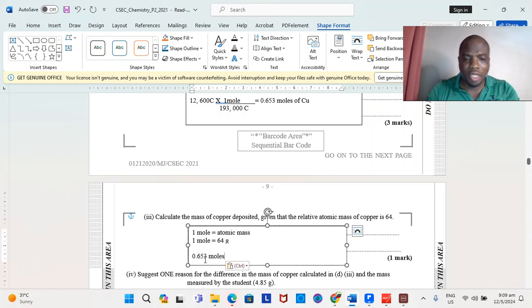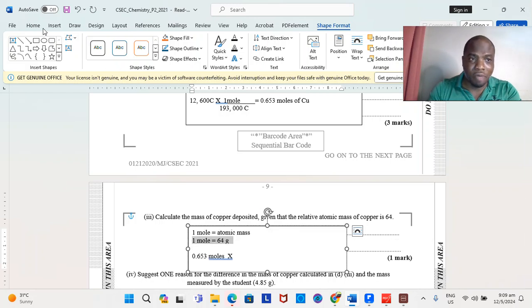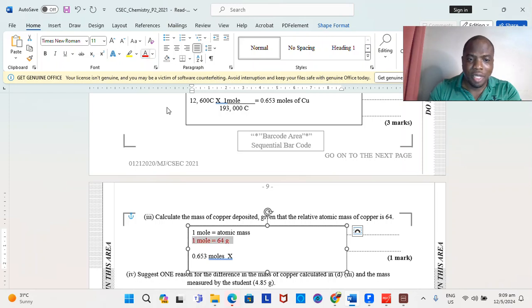And once we indicate that, we know we're going to be multiplying this, and we said from this here we create a fraction, and what goes to the denominator is based on what